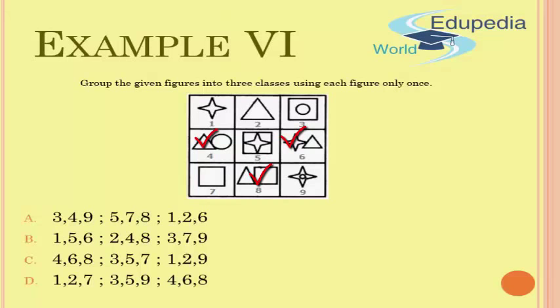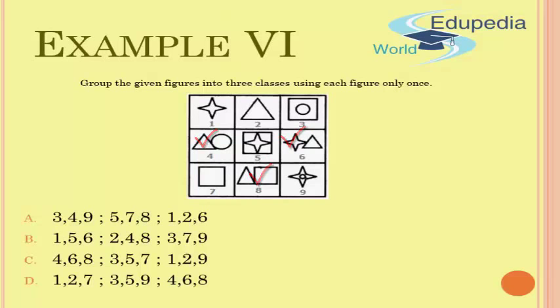Now using this, remember in the exam it is best to use elimination along with group formation. So I can eliminate option A because it doesn't have this particular option. This 4, 6, 8 is not there in option A, and neither is it there in option B. So I can eliminate options A and B, and now I am left with options C and D. One of these is going to be the correct answer choice.